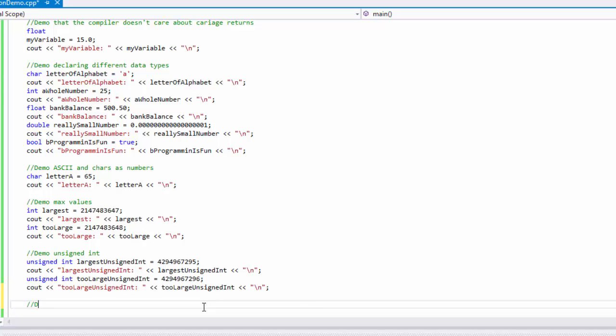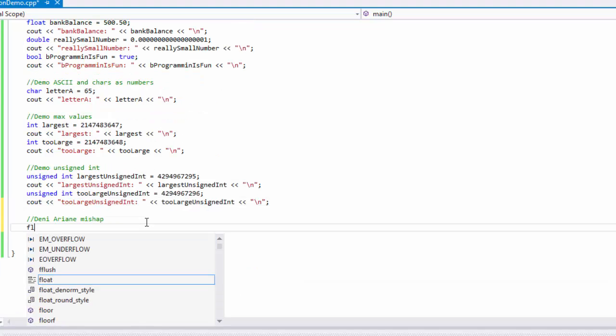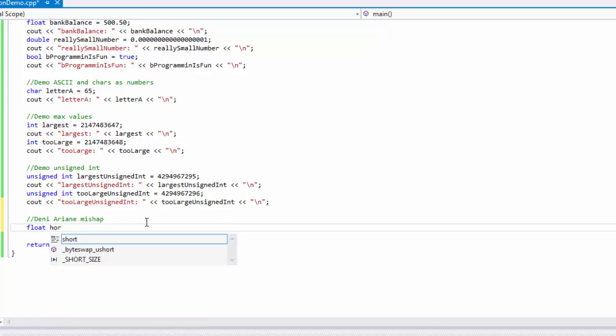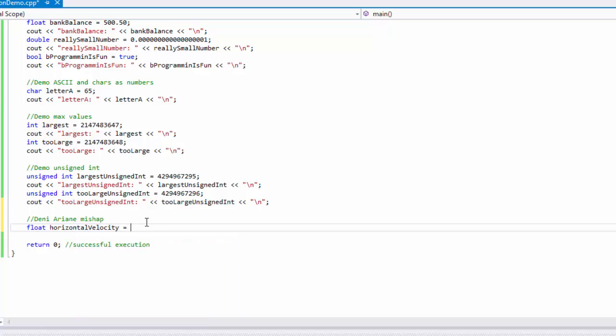What they did is they had their horizontal velocity represented as a floating point number,